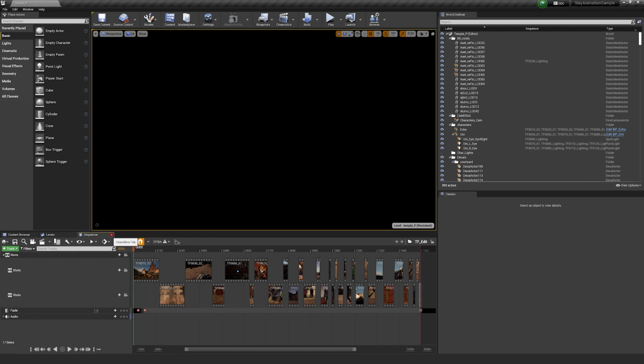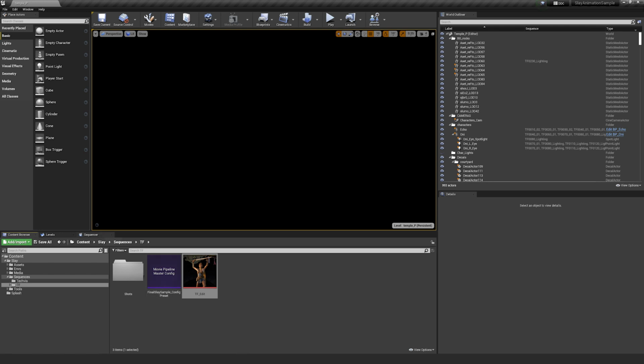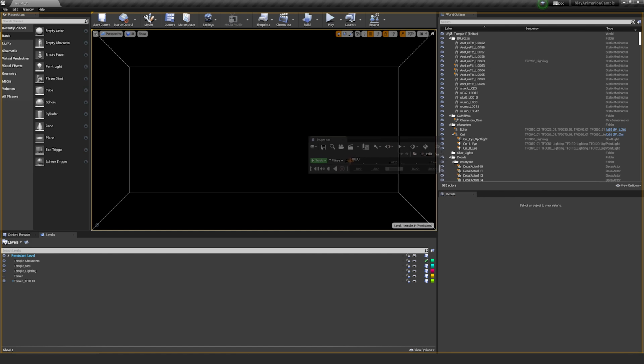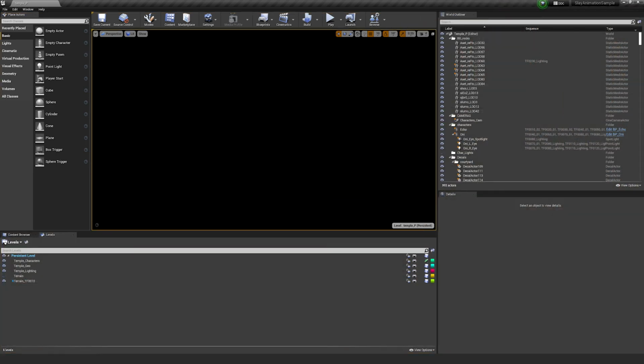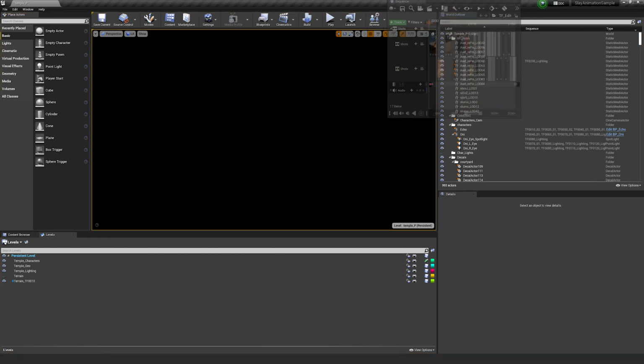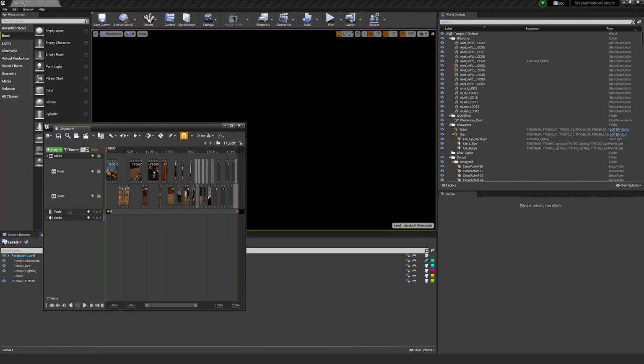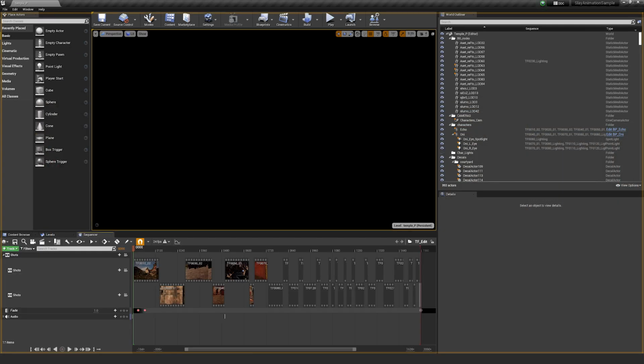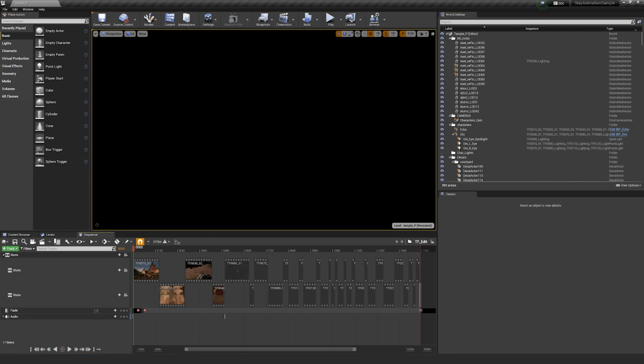In order to do that, first we'll exit out of sequencer. Generally when you first double click on the TF edit and it opens up sequencer, this will often open as a separate window. When that happens, I'll just snap it out. There we go. It tends to just show up as a separate window, and you can click and drag on the tab and dock it somewhere you feel comfortable with. I'll merge it down over here with my content browsers and my levels and have those nice and snug together.